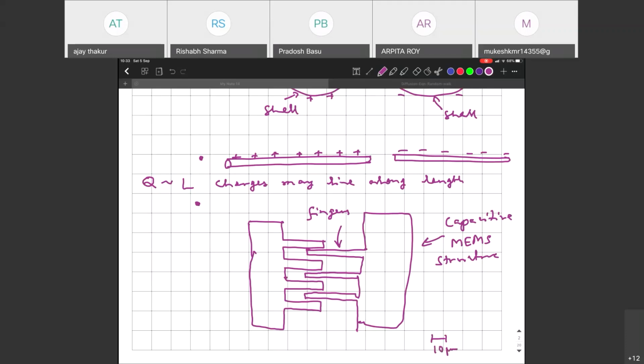So scale, this length is about 10 micron. So you are talking about objects which are separated by, so these fingers which are about maybe 30 micron in length and then separated by a given spacing. And then what is happening is because of the movement, say one of them could move with respect to other.